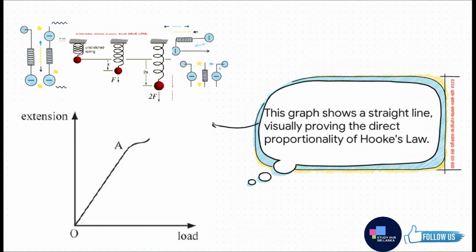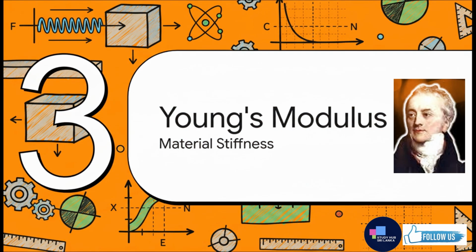You see that beautiful straight line going right through the origin? That's what directly proportional looks like. You've got force on the y-axis and extension on the x-axis. The slope of this line, how steep it is, actually tells you how stiff the material is. A really steep line means you need a lot of force for just a little bit of stretch, so it's a very stiff material. Now, Hooke's law is great for describing one specific spring or wire, but how do we